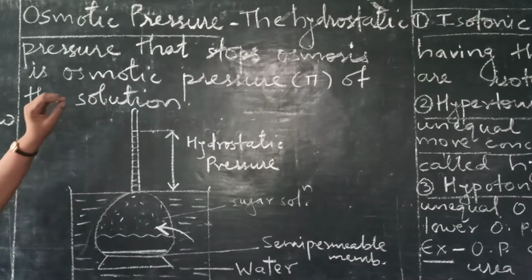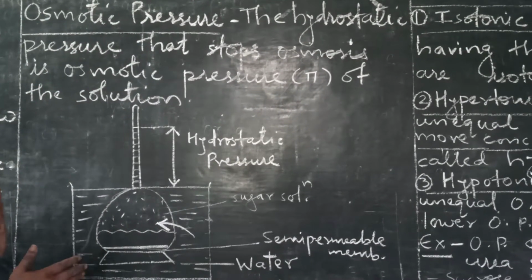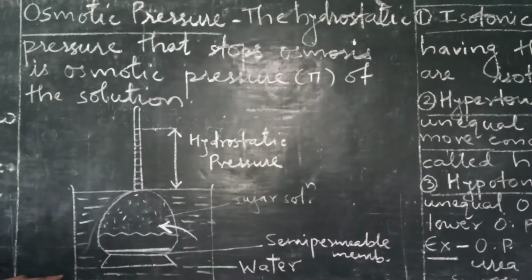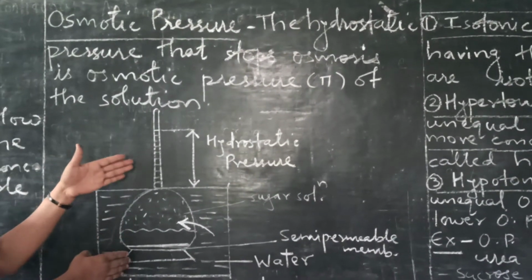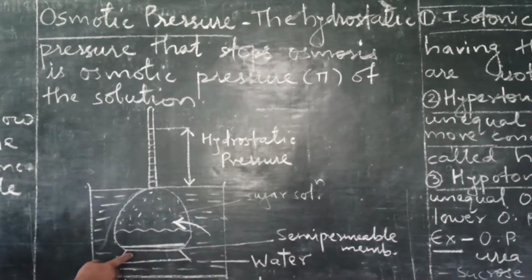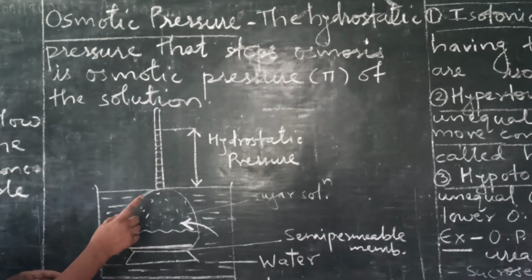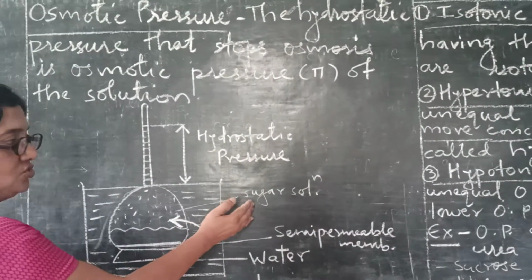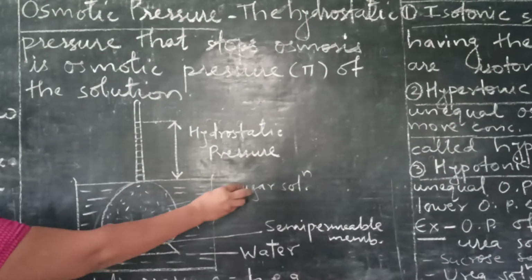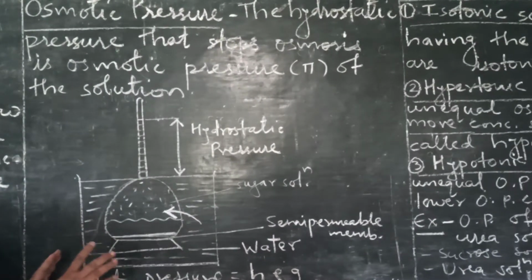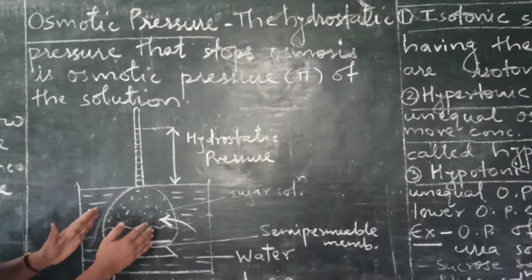Now in order to understand the osmotic pressure, let us see the experiment. The arrangement of the apparatus is as shown in the figure. Here a Thistle funnel is given which is inverted, and at its neck a semi-permeable membrane is fitted. The funnel's bulging portion contains the sugar solution, meaning this is the solution, and the container contains water, meaning that is the solvent, and it is inverted in position.